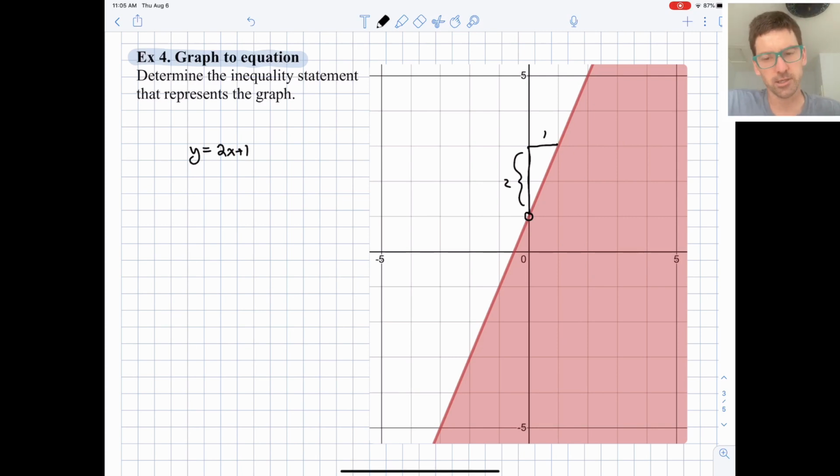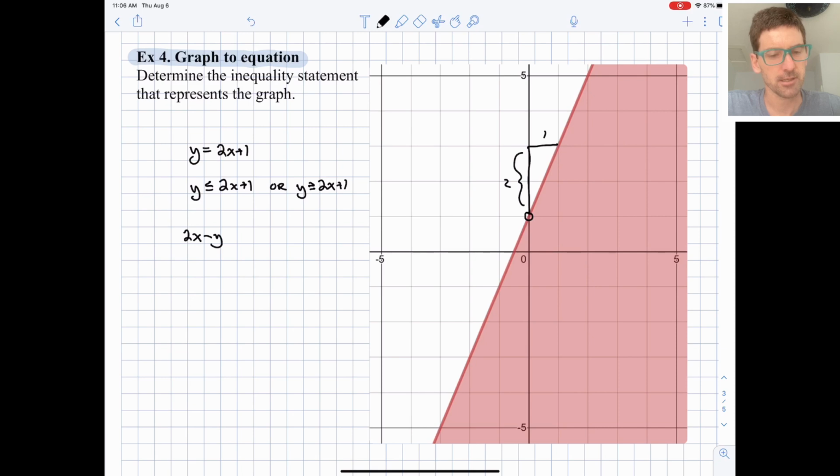And then it looks like it's a solid line. So we are going to be working with either y is less than or equal to 2x plus 1, or y is greater than or equal to 2x plus 1. Okay. Just because we are shading below the line, below and to the right of the line, I don't want you to always assume that that means it's going to be a less than symbol. In this case, it does work out that way, but sometimes things will get more complicated, especially if you have something maybe in standard form. I mean, what if you had 2x minus y